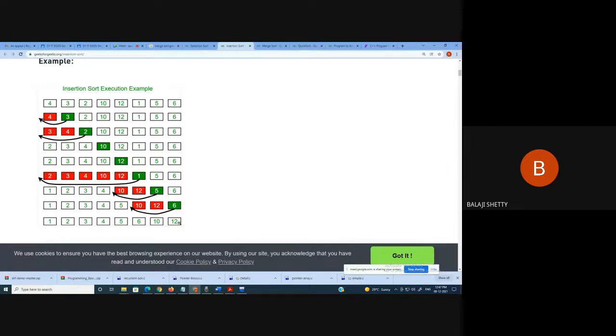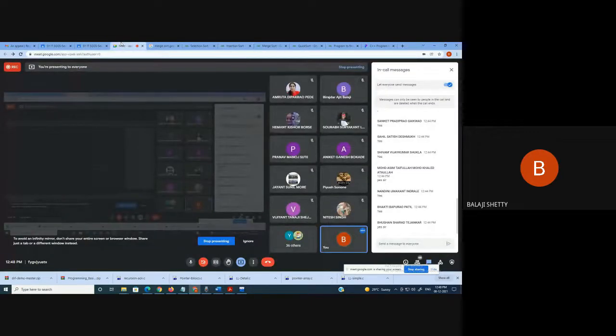Yes or no? In bubble sort, we are sorting all the numbers simultaneously, meaning if I sort all the numbers, I get the first number. But in insertion sort, we sort first one number, first two numbers, first three numbers, four, five, up to n. Clear insertion sort? So my question to you: can you develop the logic on your own for this insertion sort? Yes or no?